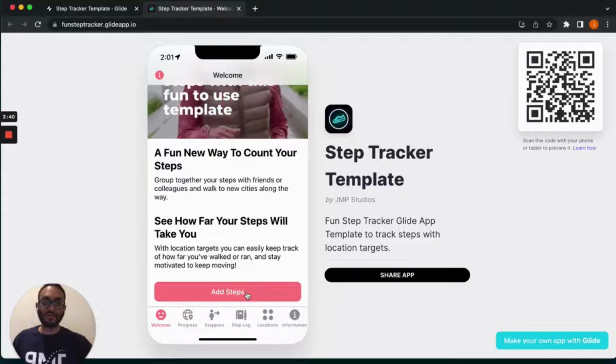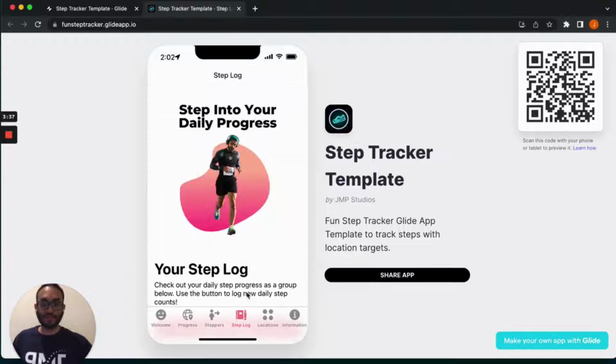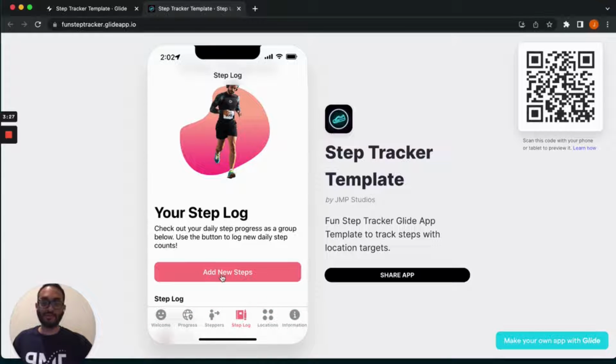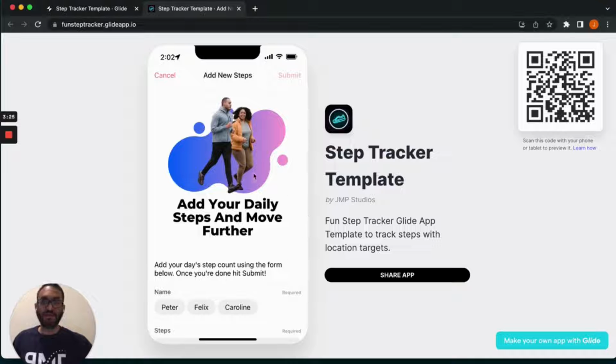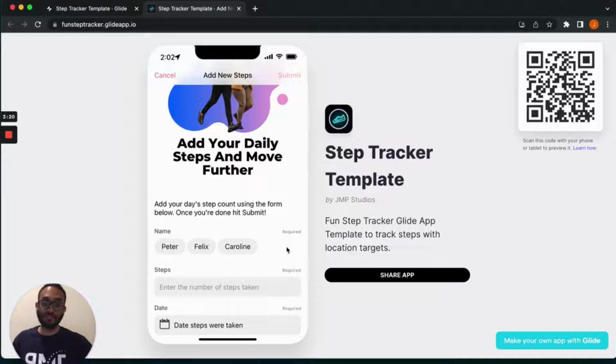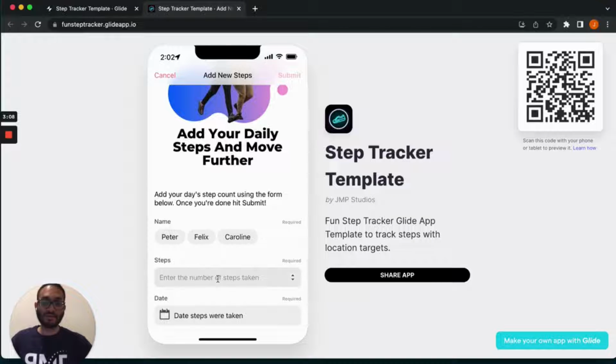So first I'll click on it and I will add new steps. And as I do, I'll be able to add in new steps that I've taken in the day to a step log. So I'll press here to add new steps, and then I can enter in how many steps I've taken, where here I'll be able to see my name. If I don't, I would be able to add it in afterwards, or someone in my group would be able to add in where I would be able to then use this form. I can enter in the steps that were taken in the day, as well as the date in which I'm